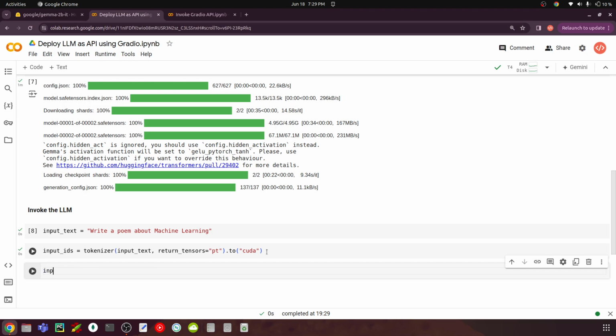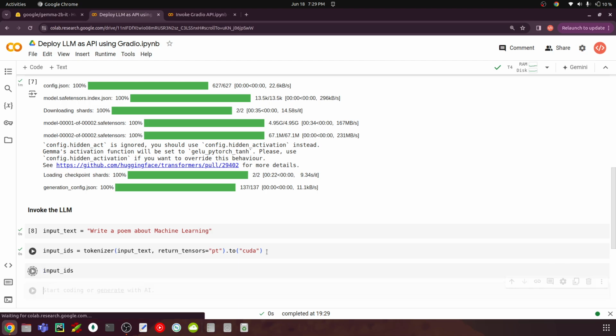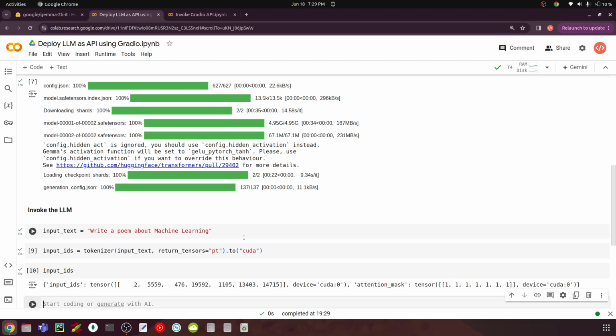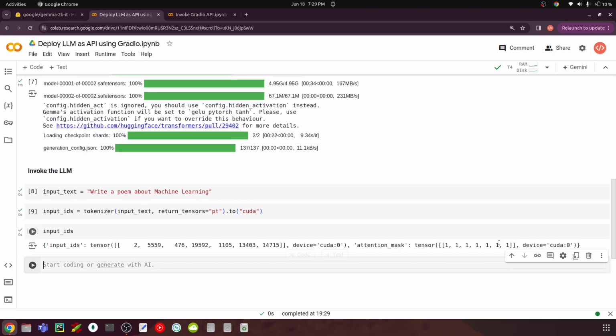Okay, so that will be the next step. Here you can maybe try and print this input IDs. So you have these input IDs tensors and so on. This is the data that we have, and then we have this attention mask. Now we can pass this to the model, get a response, and then decode it. Our text has been encoded using this tokenizer, so once we get a response from the model, we will later decode it. So here we can say